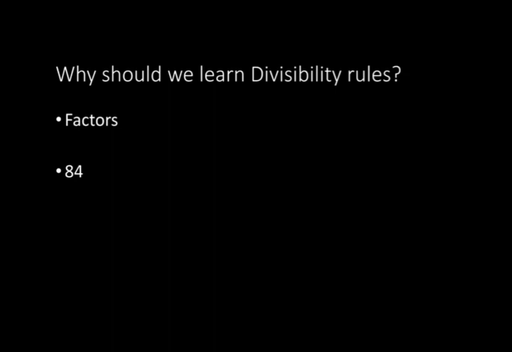How am I able to say all these things? Just because of divisibility rules. What are the divisibility rules? If I see the ones place is 4, and 4 is divisible by 2, then this number is divisible by 2. How many times do I get? In the 2 table, 2 4s are 8, 2 2s are 4, so 42 times I get 84. So yes, it is divisible by 2.